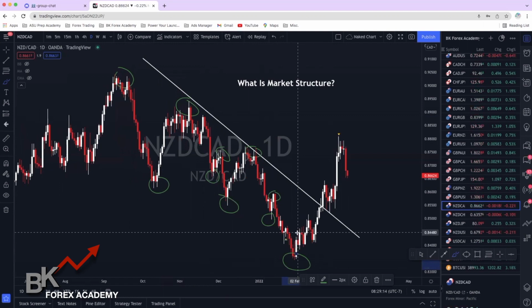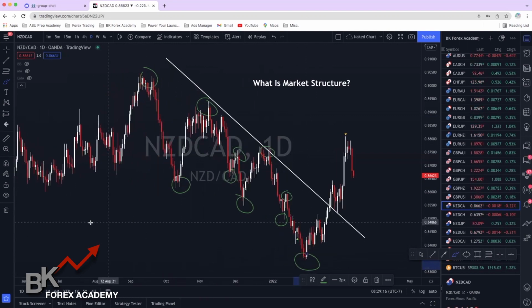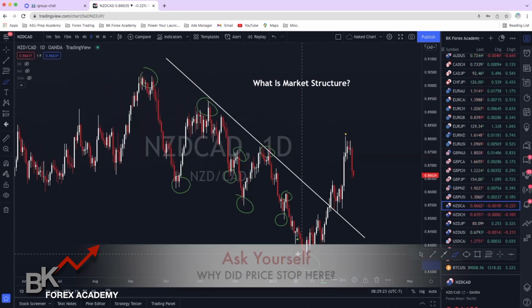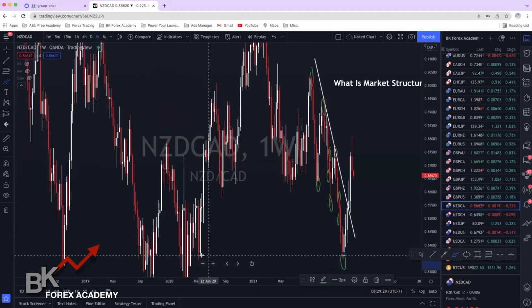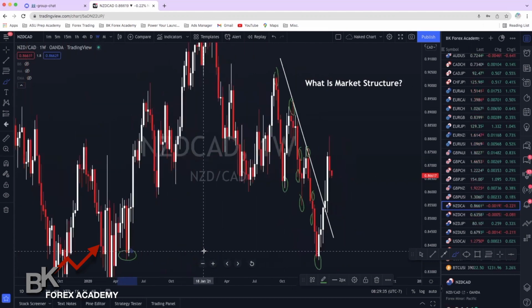Now, one thing I'm always asking myself, especially when there's an imbalance between buyers and sellers, for example, you can see the price came here and look left, there's no price action here. I'm always wondering, why did the price stop here? So all I do is I like to look left and just see, okay, was price recently in this zone? Now it makes sense. So price was actually here back in May of 2020, and you can see where this